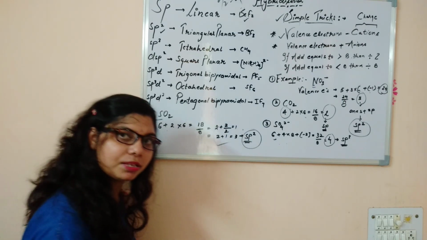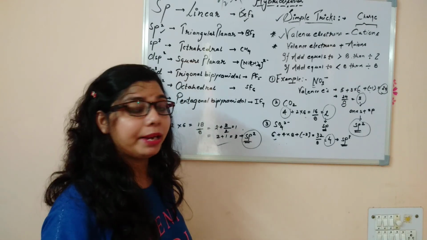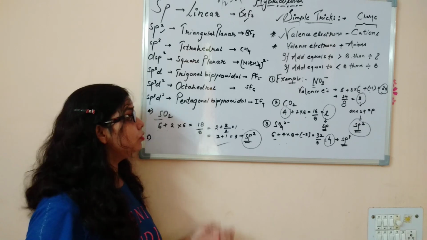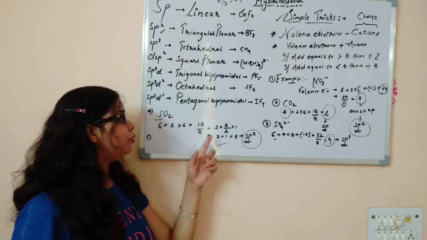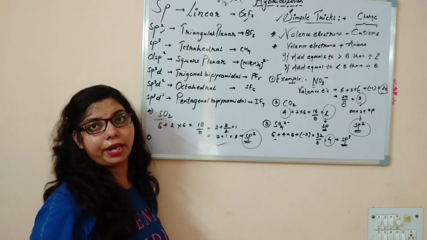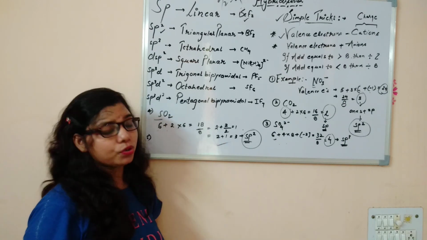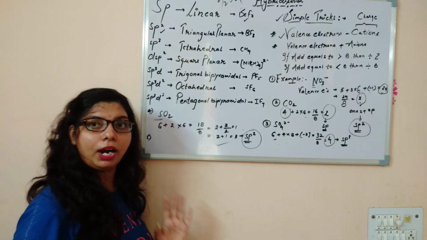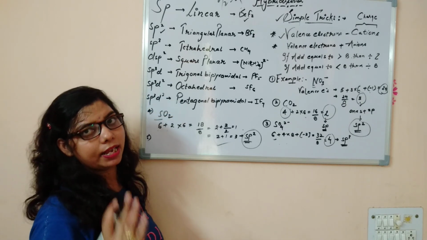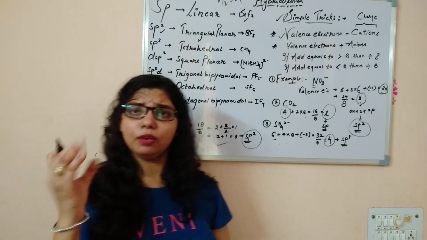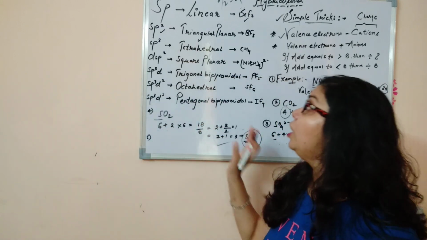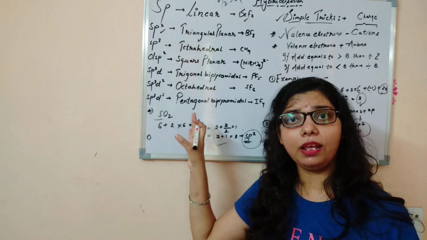Now the hybridization is sp2. So students, listen. If the remainder also comes greater than or less than 8, then you have to follow the trick. You divide again by 2, then you can get the result. Now you can decide the hybridization by obtaining the result. So students, this is the trick. You have to remember the simple line: valence electron plus charge, and greater than 8 and less than 8. Then you can resolve any question, and by the hybridization you can tell the shape very easily.